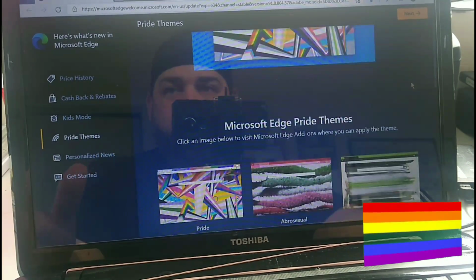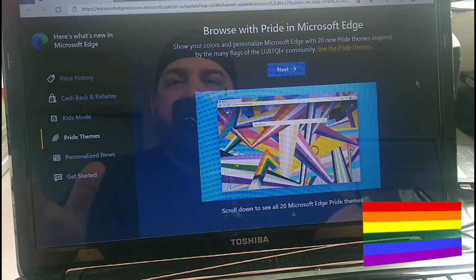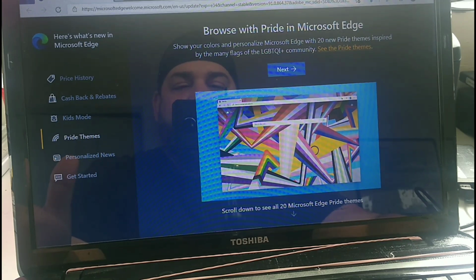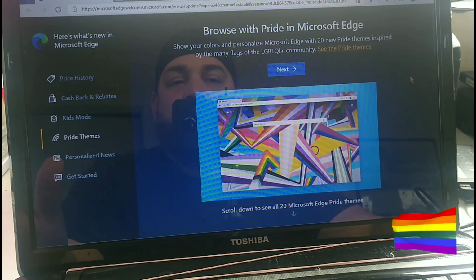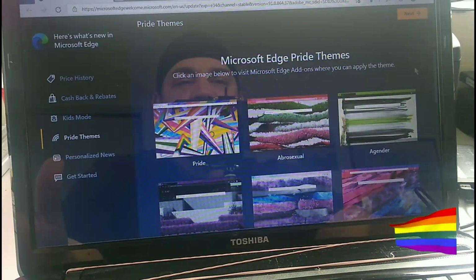Nobody can touch this feature, and I'm not sure if I could opt out of this or not. I wanted to close the tab up here, but I didn't know what would happen. I didn't want to lose this for the content, so here we go. If you're part of the